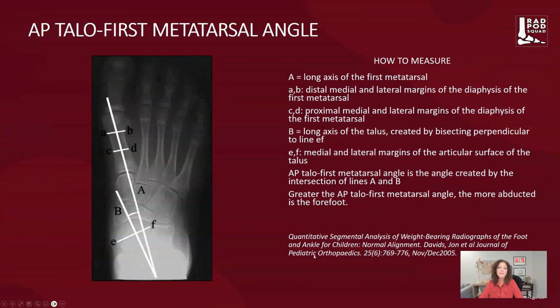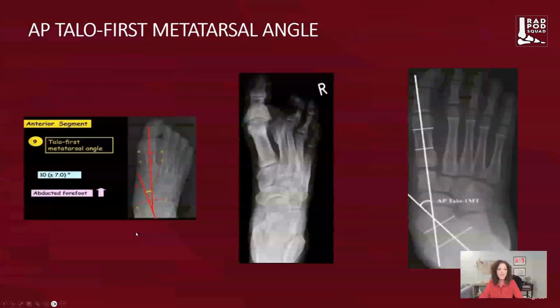Looking at your AP talo-first metatarsal angle, we can appreciate the vector between the talus and the first metatarsal on an AP projection. Using that to help us look at alignment, we can see in that AP first metatarsal angle here, when we compare this, what we see is a widening of that AP talo-first metatarsal axis as the talar head uncovers in a situation of pes planus. Now, if we drew that vector here, the talo-first metatarsal angle, it would actually be more narrow